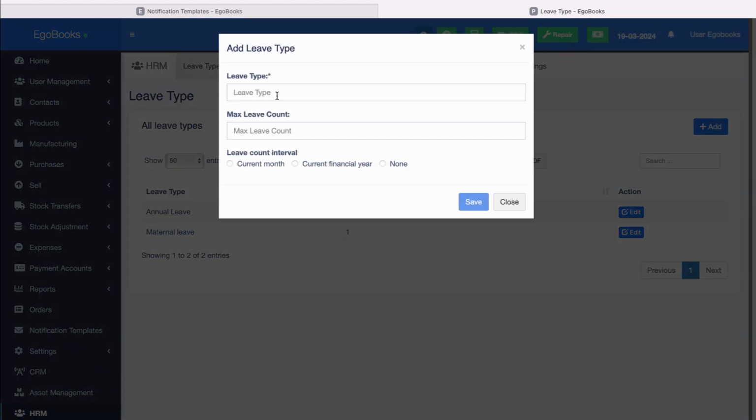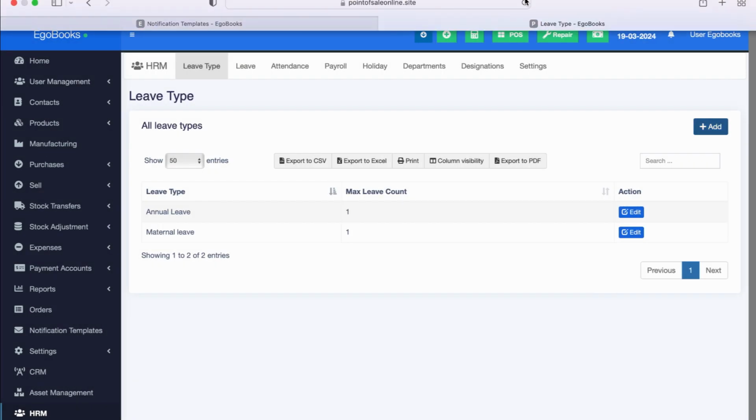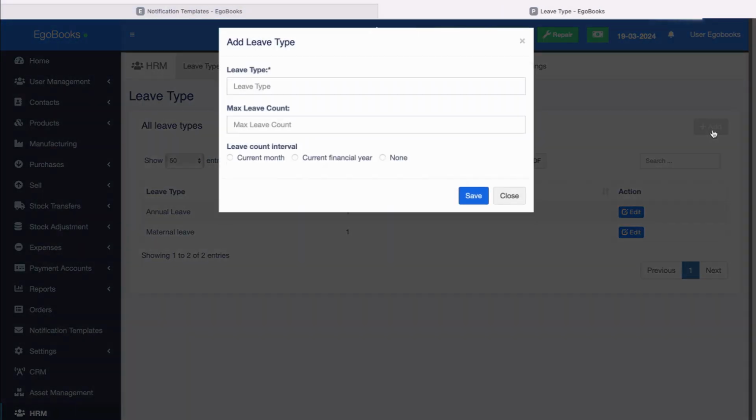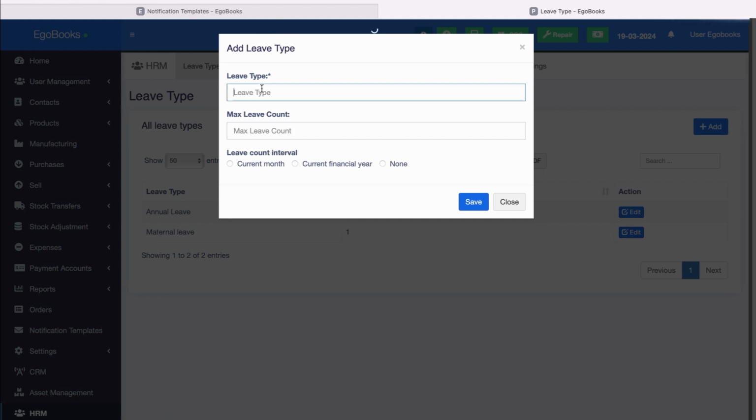Now, for companies that work 7 days a week, you can have weekend, and the weekend comes 4 times in a month, so the number of counts is 4 and it's in the current month. Save, close it, we go back to add, refresh our page, back, good. So weekend, the number of counts is 4 in the current month. Save it,